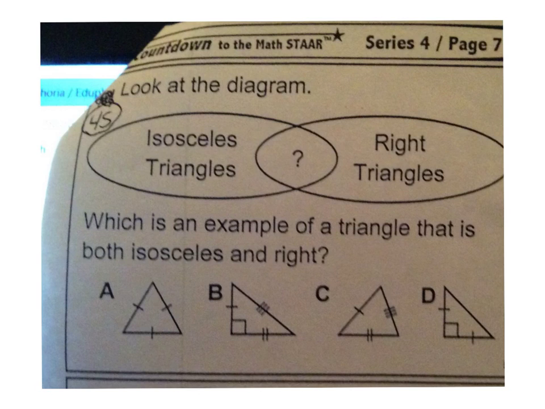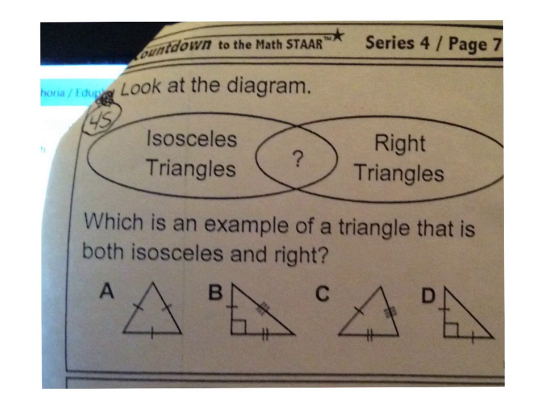Okay, number 45. Look at the diagram. We have an isosceles triangle, we have a right triangle, and we have something in the middle. It says, which is an example of a triangle that is both isosceles and right? Interesting. So remember,